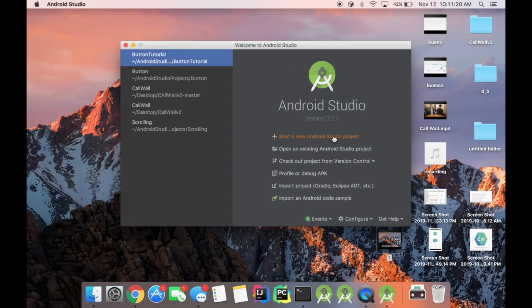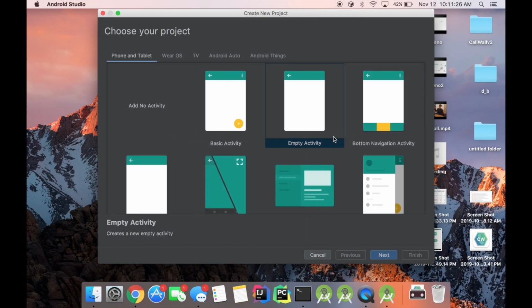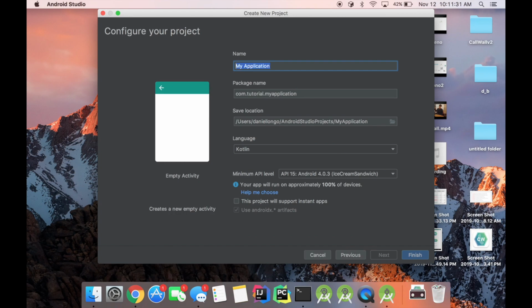Okay, so we're going to start a new Android Studio project. And we're going to create an empty activity. We're going to call this guess the animal, and you'll see why later. And the package name, sometimes you'll see the default to be example, but we're going to put tutorial, just because that's what it's called. And the language, we chose Kotlin. Obviously this is a Kotlin project, so you want to select that. And for the minimum API level, you can just leave the default, so you click finish,